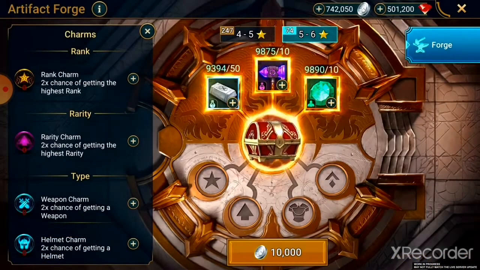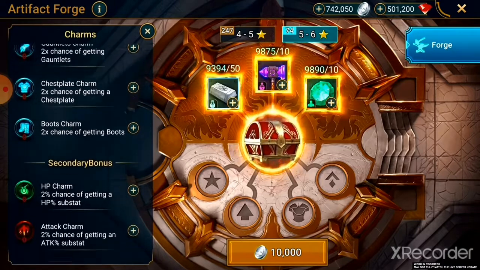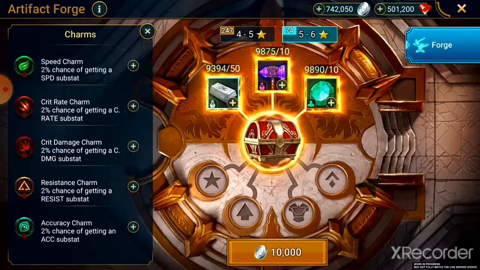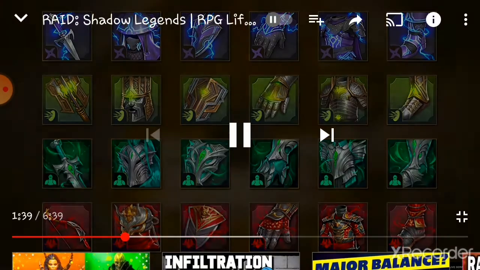Charms. Charms let you increase your chances of getting a specific type of artifact, like boots or gauntlets, or even boost your chances of rolling specific substats. Now, you might be asking which artifact sets are available from the Forge, so let me break it down. We'll be launching the Forge with 2 brand new artifact sets for you to craft. And we're also making the 2 platinum...